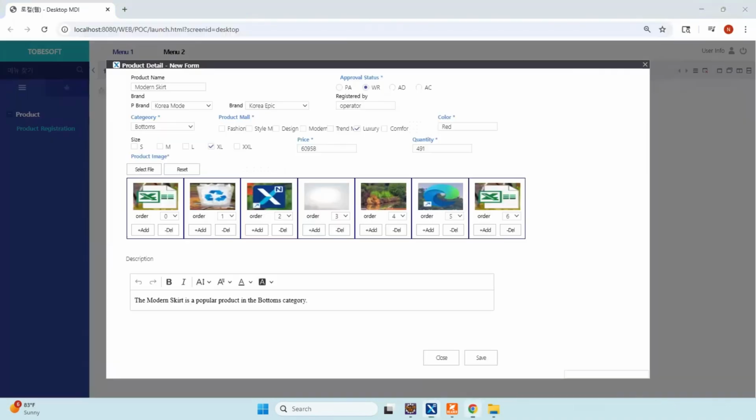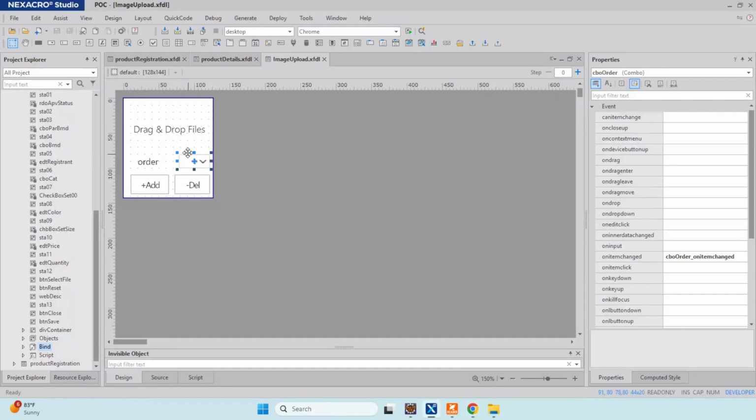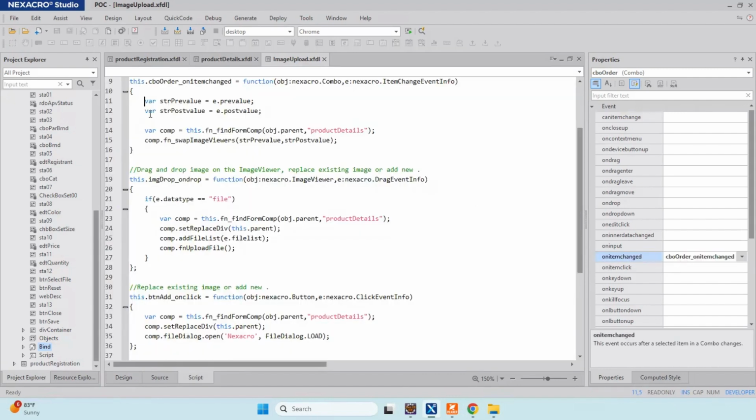So when we change the order here, this is the combo, it's the on item changed method. You can get the pre-value and post value, so the value before the change and after the change. And we are again finding the parent form and we are trying to swap the image viewers in these positions, pre-value and post value.